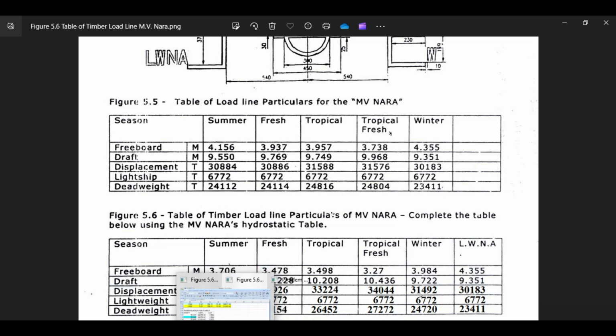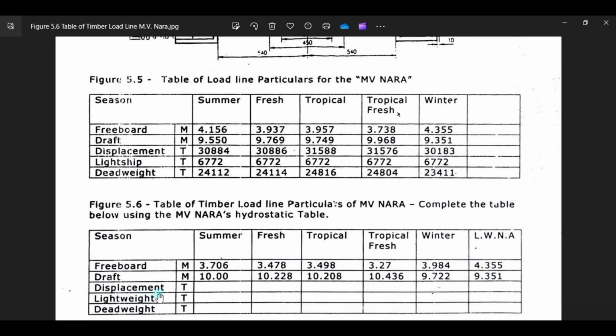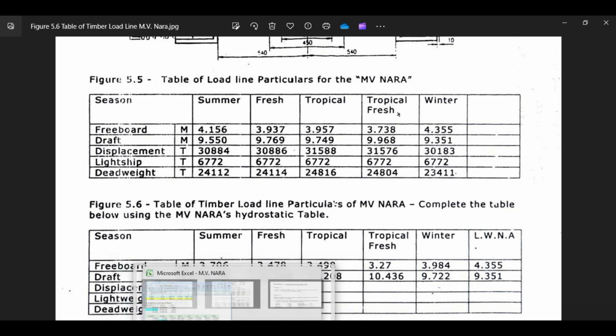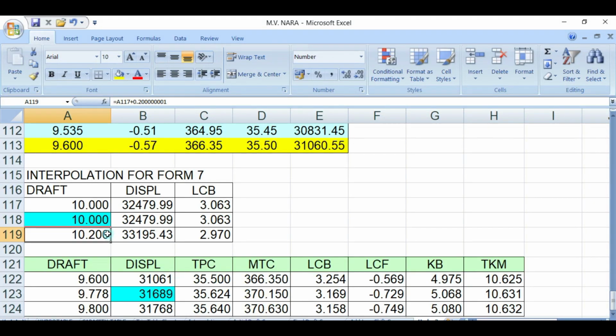Fresh water is 10.228. So you go to the hydrostatic table, put here 10.228. What will be the displacement? Displacement is 33296.